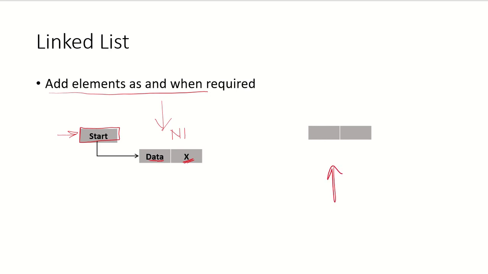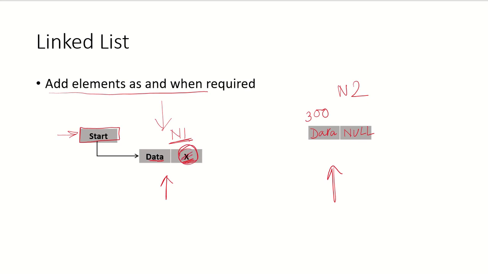So here I have created another node, and suppose this new node was created at address 300, and I have put in the data over here and a pointer value of null in this new node. If I want to add this new node in this linked list, that means n1 should start pointing to this new node n2. So if it has to point to n2, the pointer value over here has to be updated to the address of the new node.